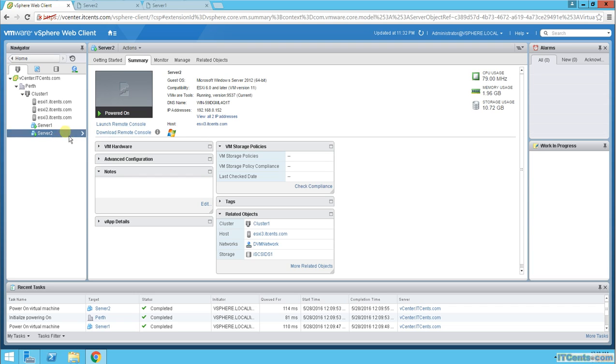So when I initiate the live migration or vMotion, ESXi2 will take control of that vmdk,